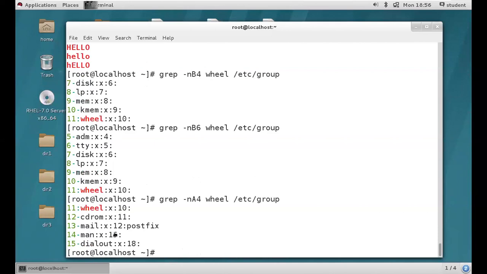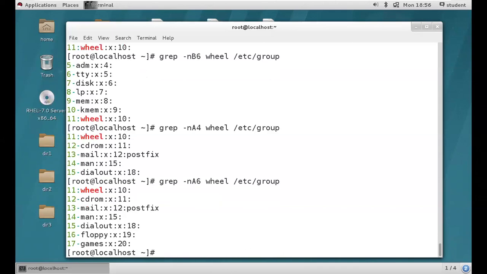I hope you got it, guys. If you want, you can keep 6 lines, your wish, according to your requirement. As of now, I hope you are clear how to filter words from a file, right? Different options are used according to our requirement. Now, how to filter the files from